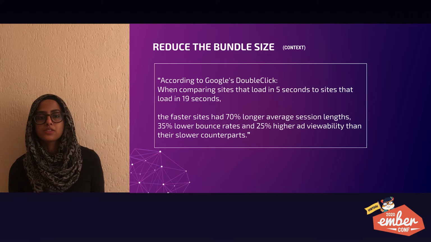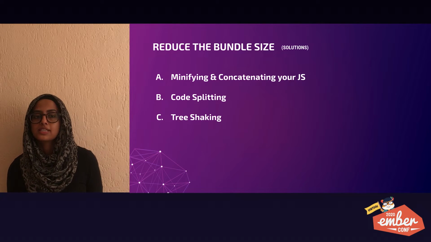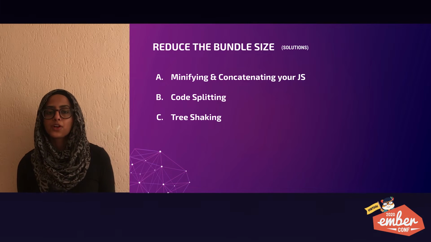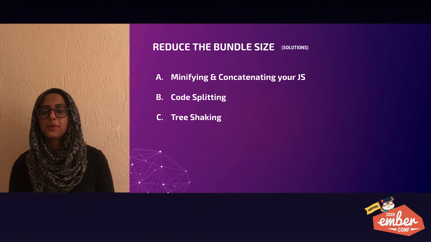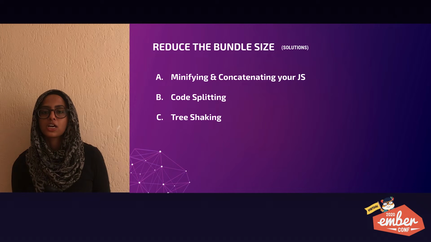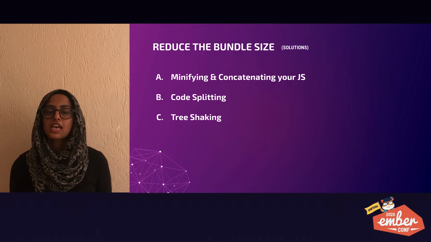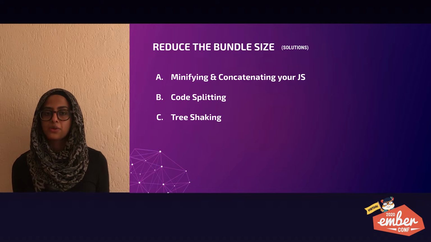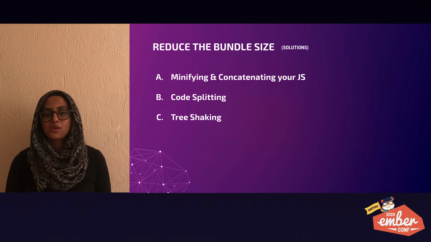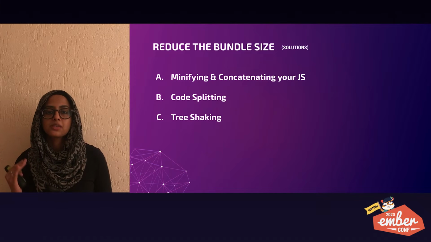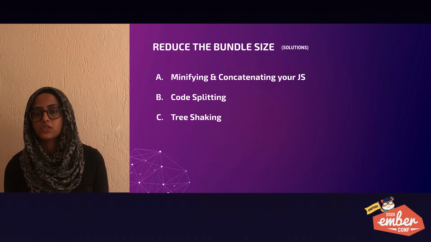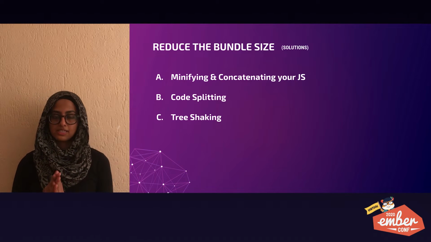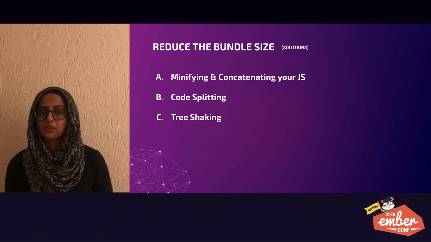So some very simple solutions include, the first one is minifying and concatenating your JavaScript build. We can improve on the overall performance of our sites and applications by minifying our JavaScript to reduce the file size and concatenating our relevant files to reduce the number of file requests. In Ember CLI, we are fortunate that the JS files are already minified by default in production using Ember CLI Uglify.js, and that all our files are already concatenated into just one JavaScript file.